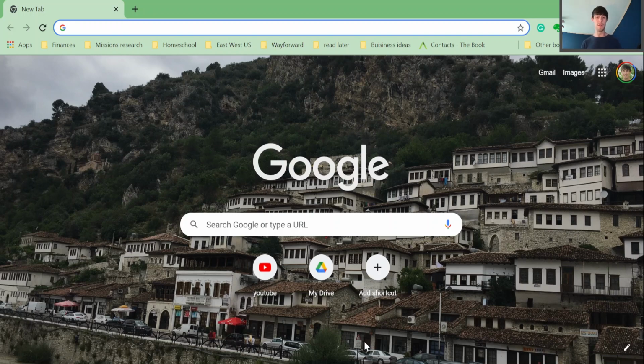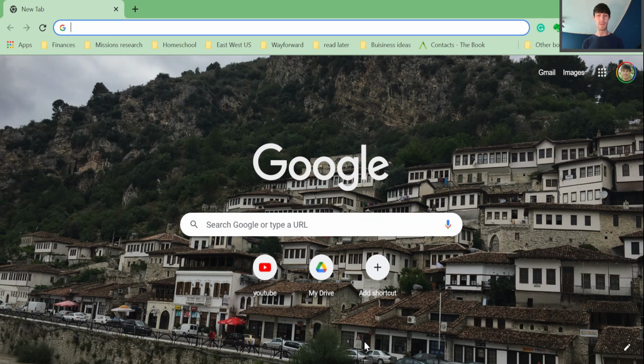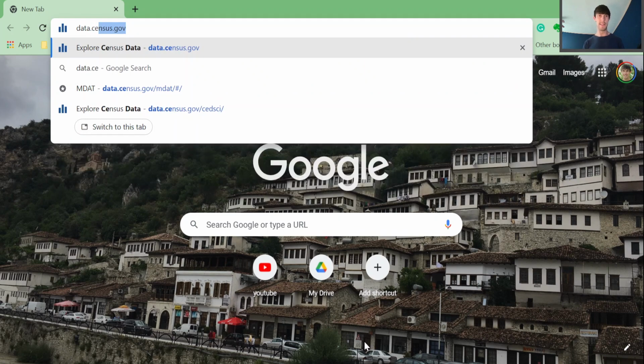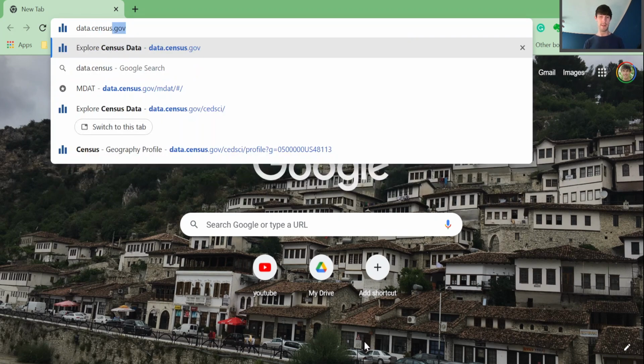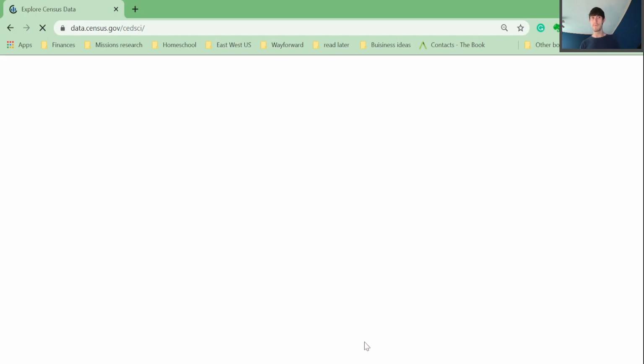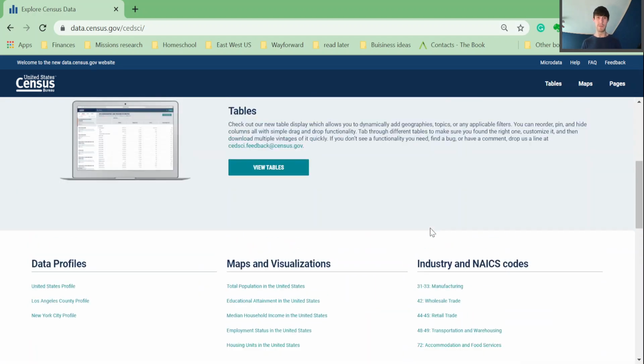The first thing you want to do is, in your browser, access this through the website. So we're looking at data.census.gov. Now, once you get to the data sheet, this is where it gets complicated. If you don't know what you're doing, you can get lost. There's lots of good information, but I just want to point you specifically to